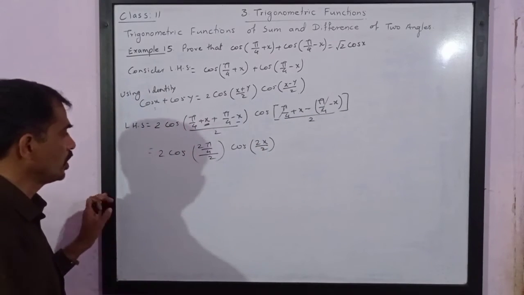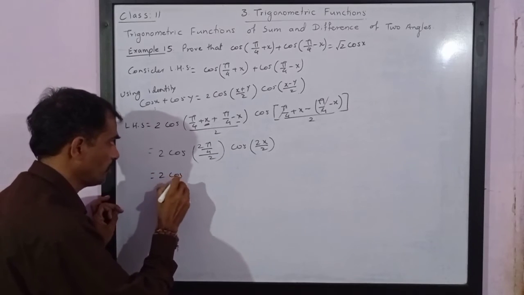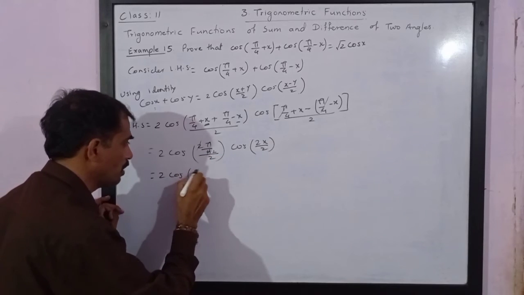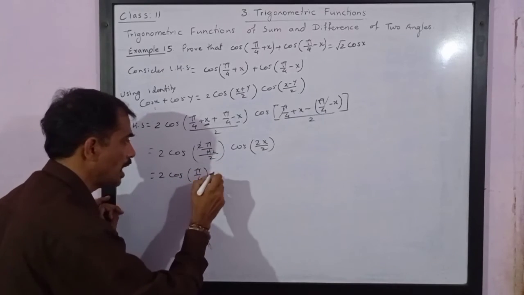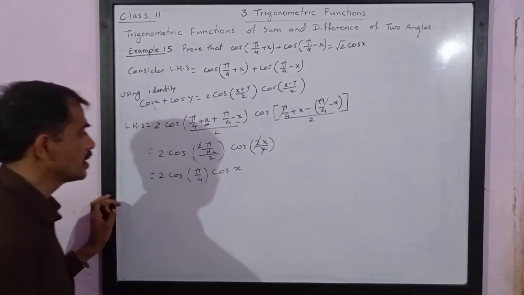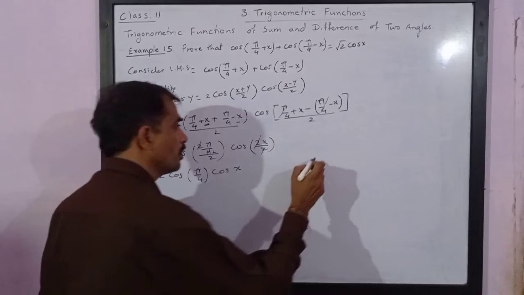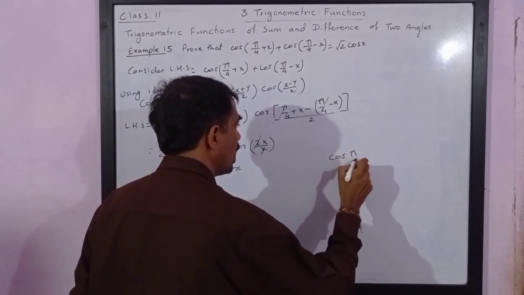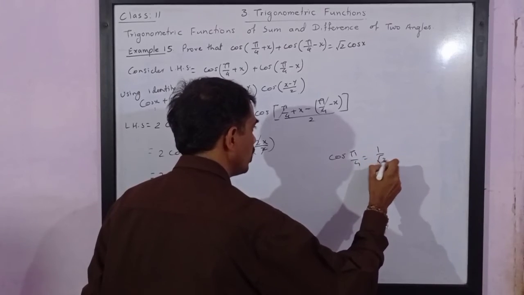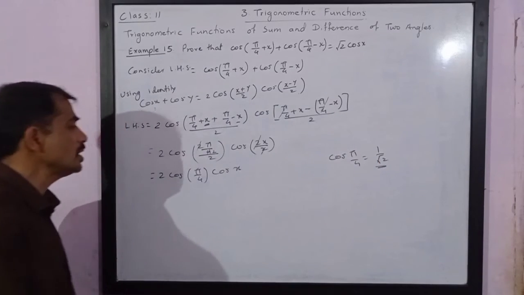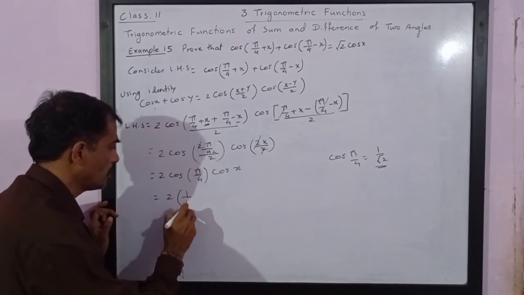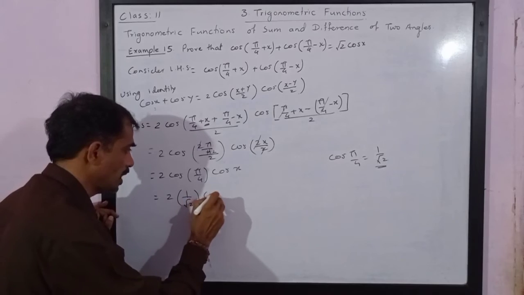So this is equal to, try to understand, 2 cos of pi upon 4, as 1 upon 2, and 2 goes to the denominator. And this becomes cos of x, as 2 eliminates with 2. Now cos pi by 4, that is cos of 45, is 1 upon root 2. We have just solved the problems on this. So if you put the values, you will get 2 into 1 upon root 2 and this cos x is as it is.